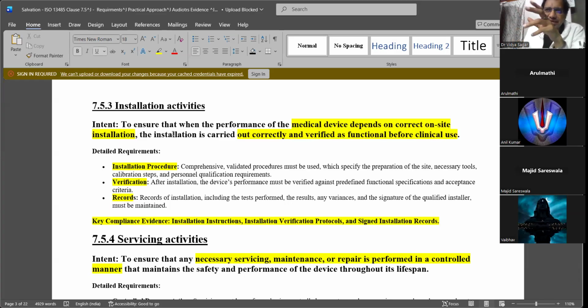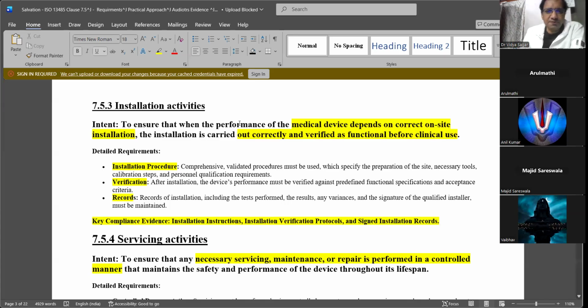You need to understand it in two ways. One is the installation of a device in your own organization for the manufacturing process, or installation of a device which you are manufacturing in other hospitals or other clinics, where the medical equipment or SOMED will come in.